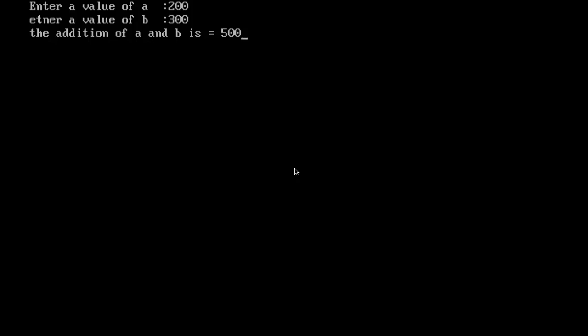Every time we will give a new value. The method we were using before was static. We were fixing the values, and the program was giving the same results. Even if we run it 5 times, 6 times, 10 times, the result will be the same.